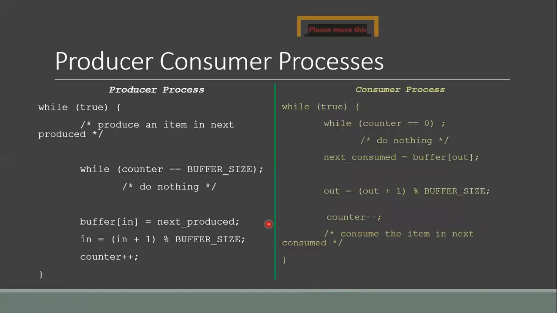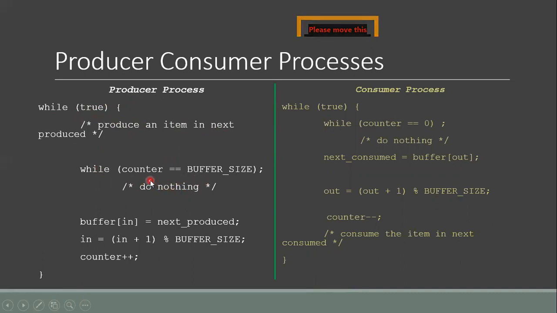Here is the code for the producer and the consumer process. The producer process is as follows: while true, produce an item in next_produced. While counter is equal to BUFFER_SIZE, do nothing.